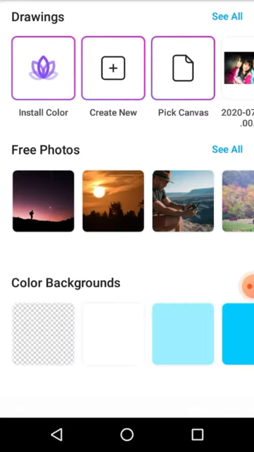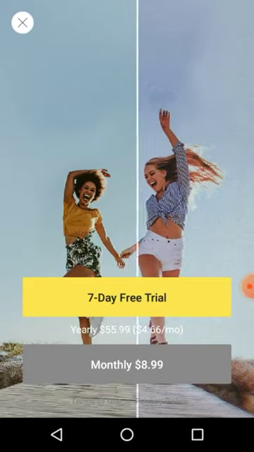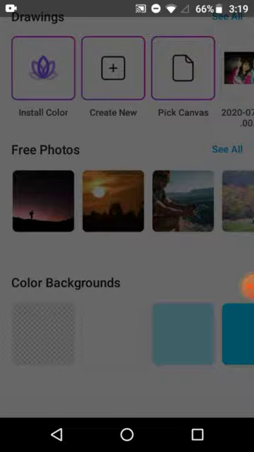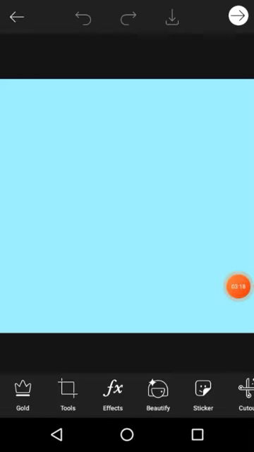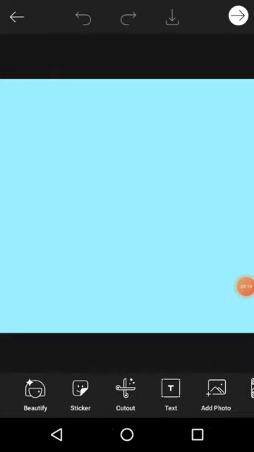I think I'll just go with this light blue that's next to the white. And then as you click it, it's going to pop up, or an ad will pop up, and I'll just X out of it. But I picked the blue color, and now that it's loading, okay, now that the picture has loaded,